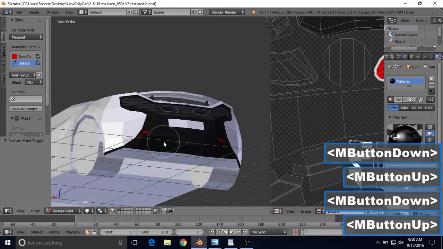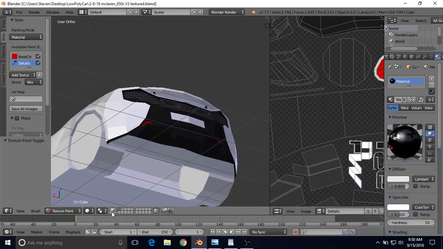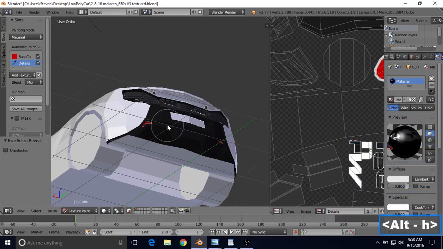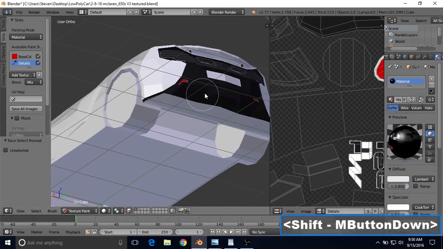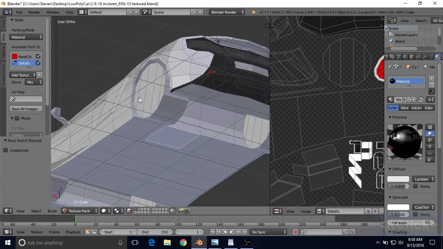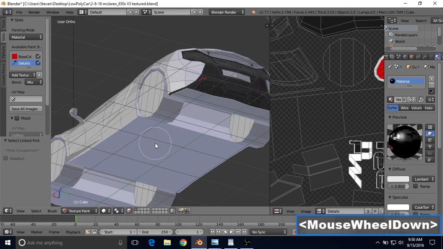So now what I want to do is I'm just going to click on face selection, Alt H to unhide everything. I'm going to paint the bottom of the car, and since we have it already set up as an island with all the seams that we did, we can just select one of the faces, hover over one of the other ones, press L, and that's going to give us the entire bottom of the